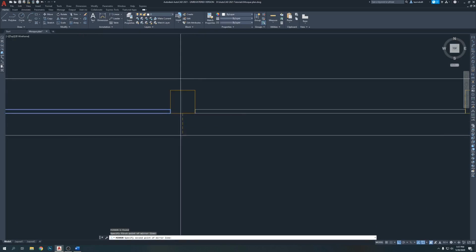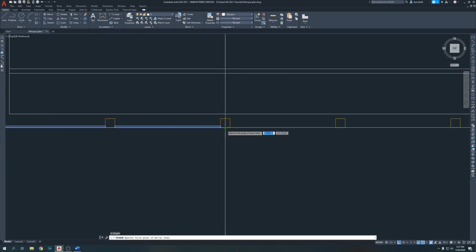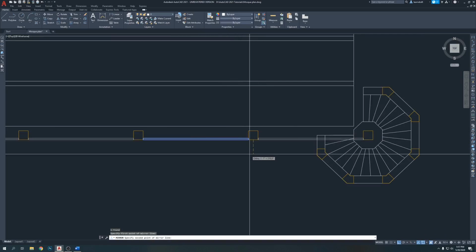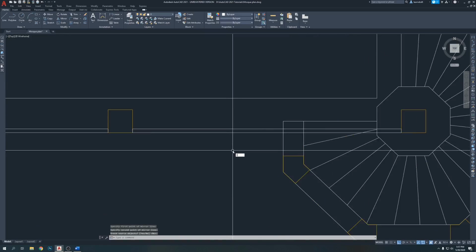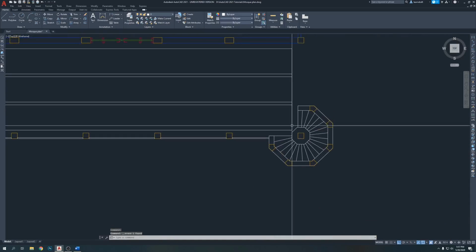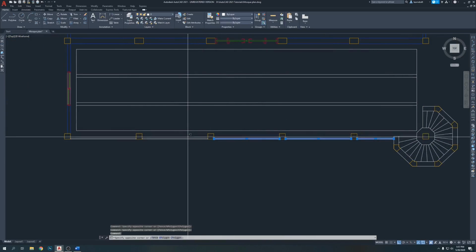mirror both of them. So here is the grill and this one. I want to take it out. Oh no, trim, take out this, select this one, delete. So let's make this one grill